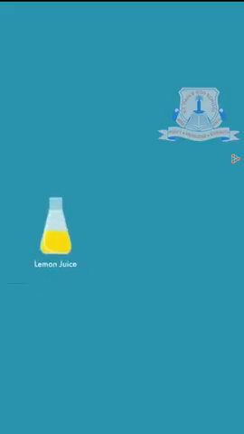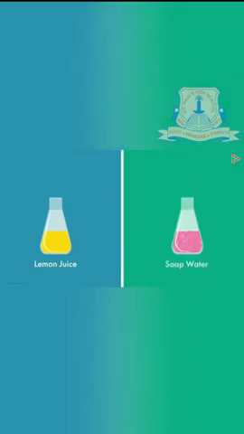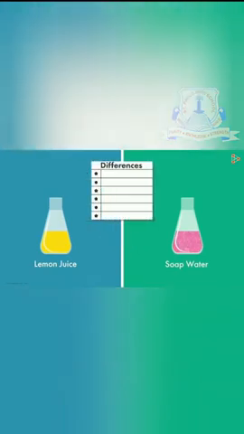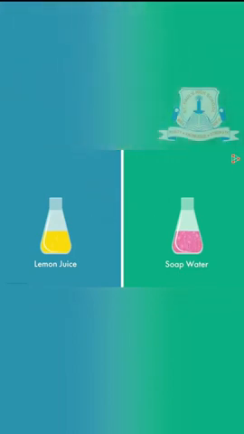Okay students, here we can see that we have taken two flasks, one with lemon juice and one with soap water. The main difference between the two by physical properties is the color and appearance. But apart from this, there are many other differences. The main difference is the taste. The taste of lemon juice is sour, whereas the taste of soap water is bitter. Taste is one of the chemical properties. So it is a chemical property which differs between the lemon juice and the soap water. And do we know why it is so?